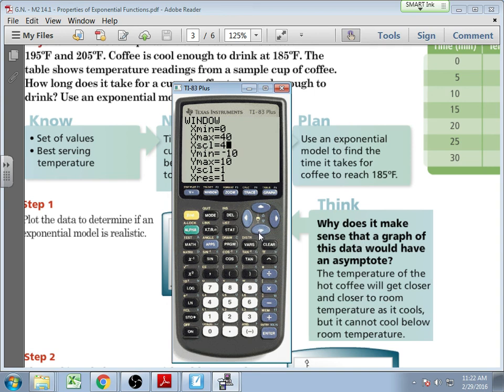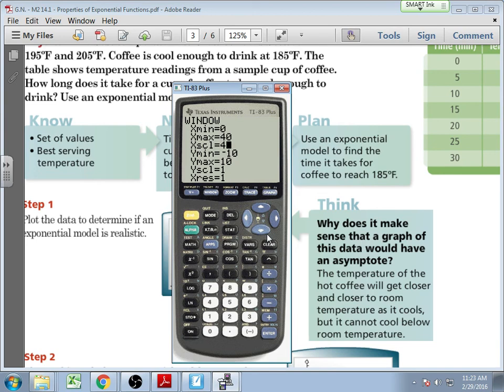Whenever I hit graph, it just says window range. That's exactly why I'm describing how to change your window right now. I know, but I did change to this and it's still. You probably did not. You probably have an error in how you changed your window. Your scale is bigger than your